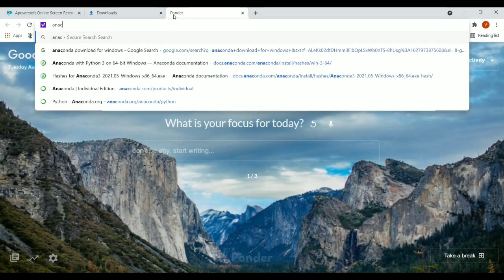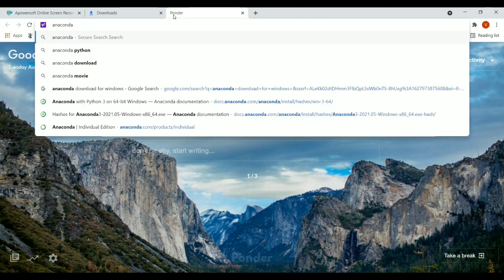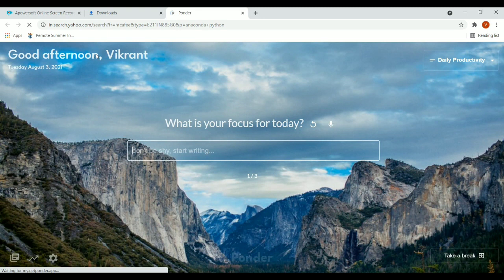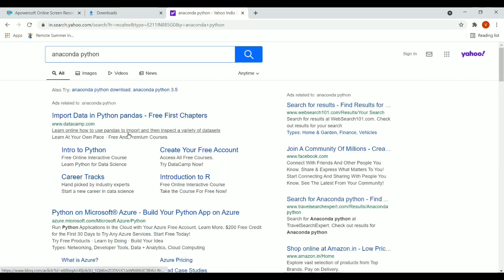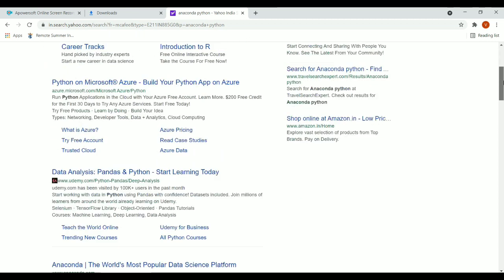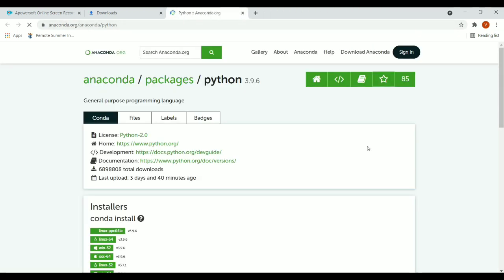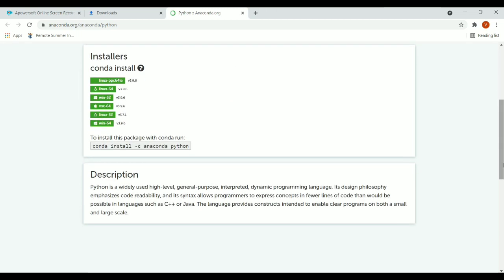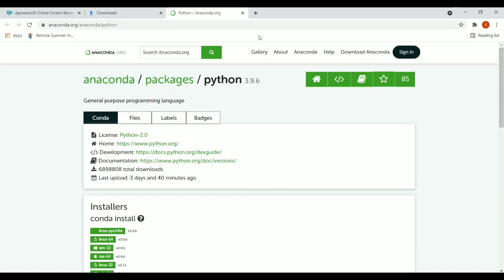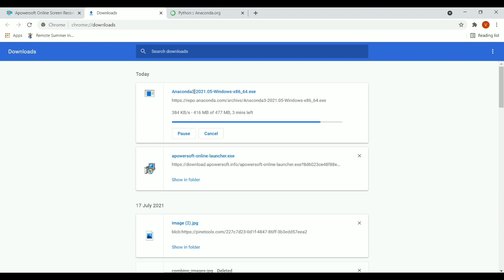Anaconda has many benefits, because it provides us different packages which are easily available, and it has other advantages too, and the package installation is very easy. You can easily get the command. You can also directly write this command and install Anaconda on Windows, but we are downloading by using this exe file.